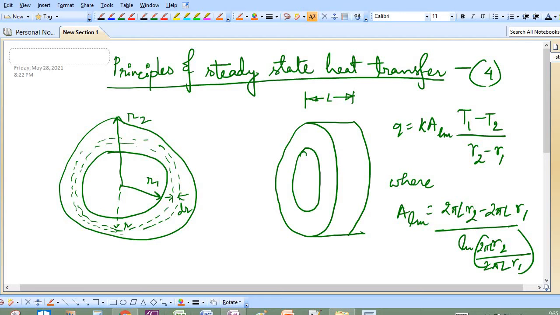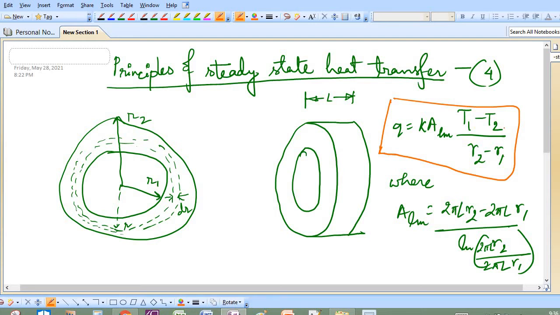So in my earlier video I discussed conduction through a hollow cylinder. Here you can see the inner layer of the cylinder with radius R1 and the outer layer of the cylinder with radius R2. For a cylinder of length L, we derived the equation of heat flow in the case of conduction, Q is equal to K A Lm, where K is our thermal conductivity, A is log mean area, T1 minus T2 is our driving force, that is temperature difference,